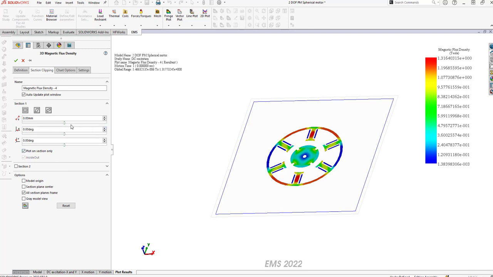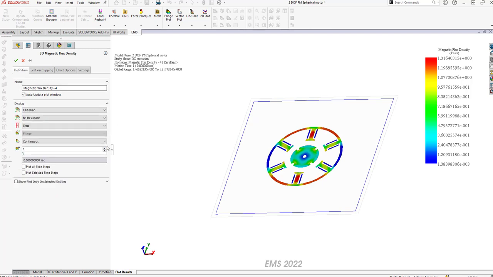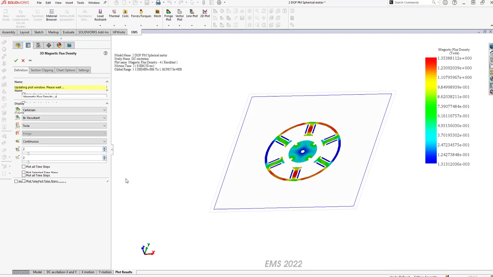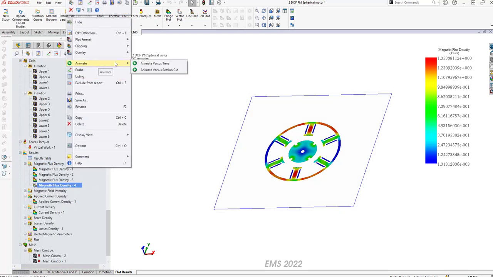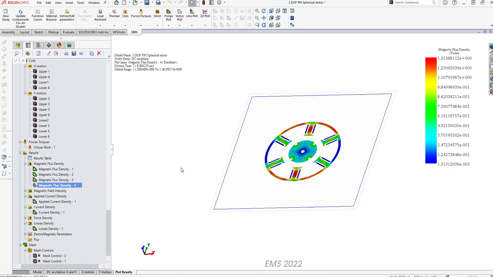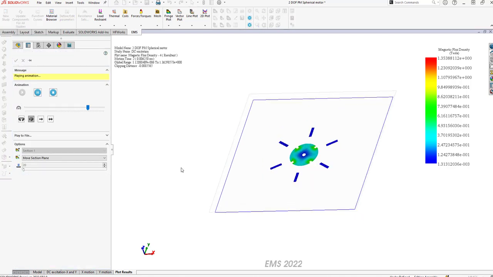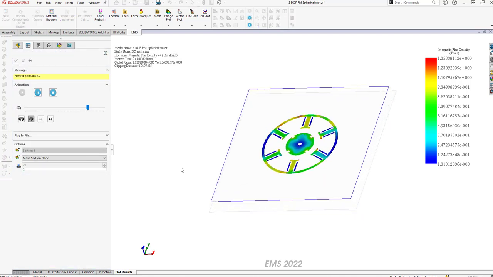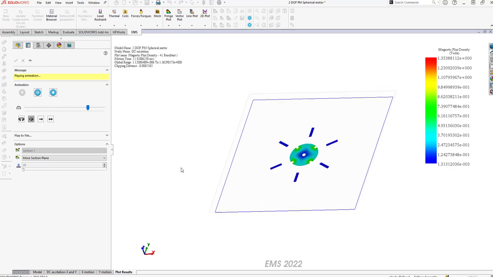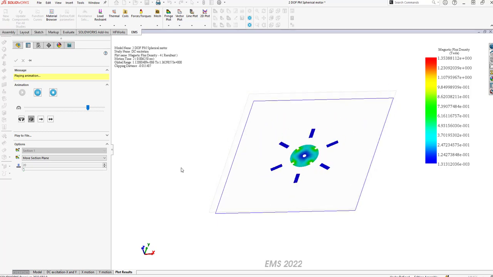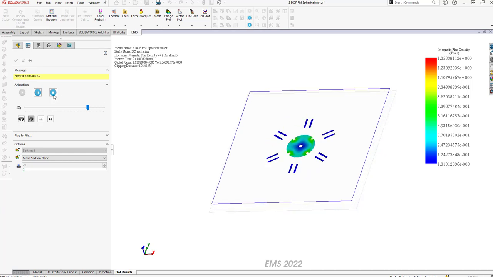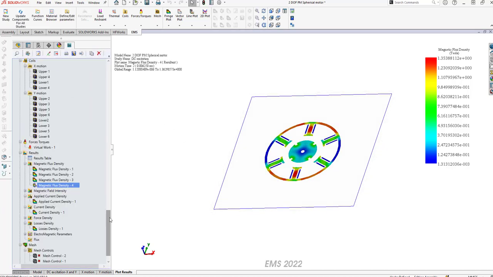If I want to choose a different time step, okay, and now I'm going to animate versus cut. Okay, so